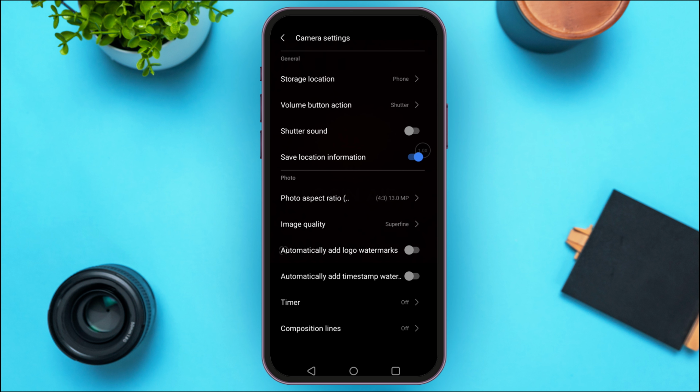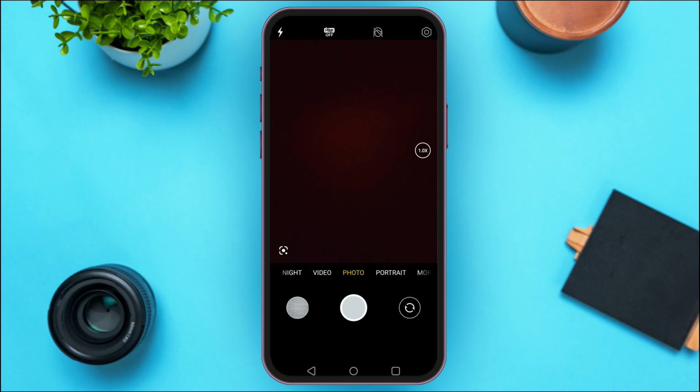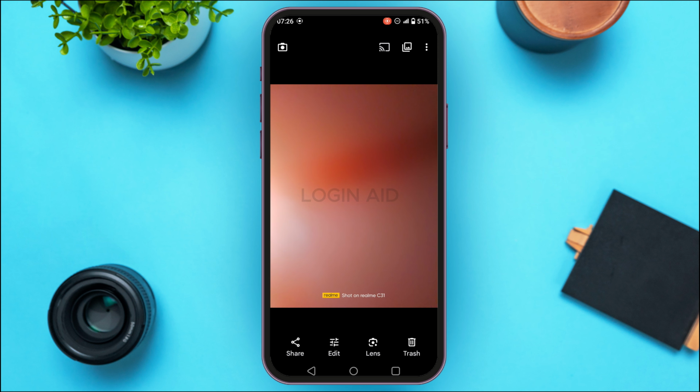What you have to do is simply find the option for automatically add logo watermarks. Once you find that option, simply toggle the button on right next to that option. Now you can see over here this option has been toggled on. Now simply go back. Now whenever you click the photo, you can see over here the watermark will be added by default. But if your device does not have that kind of settings, what you can do is simply edit